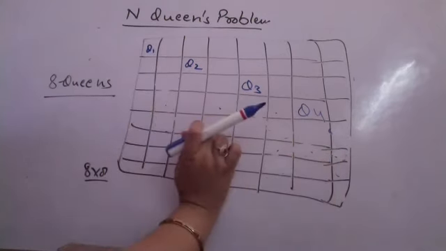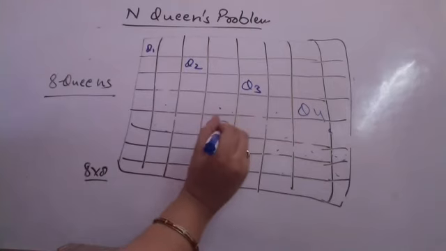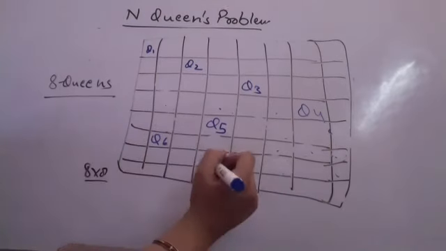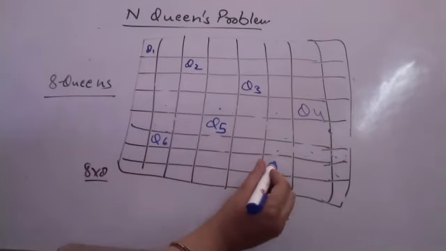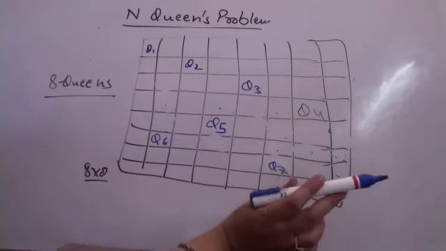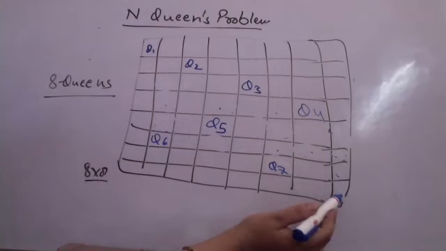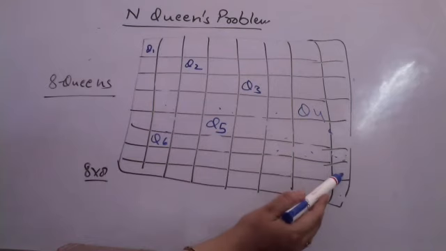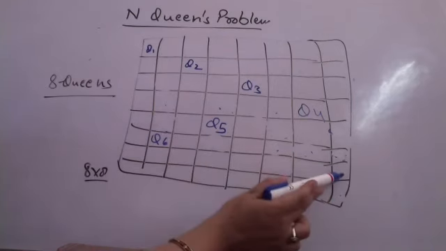If I am putting queen 5 over here now, then if I am checking queen 6, one possible solution. Queen 7 can be put here. And queen 8 again, no possible solutions exist. Again queen 8 cannot be put here. Change the position of queen 7 to here. Not possible because queen 2 के attack में आ जाएगी.